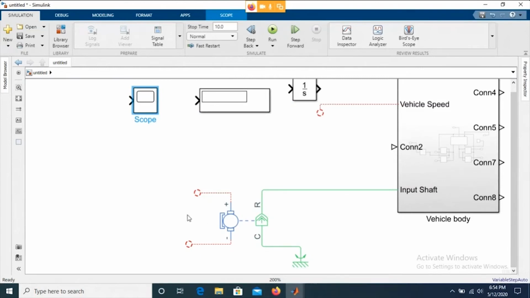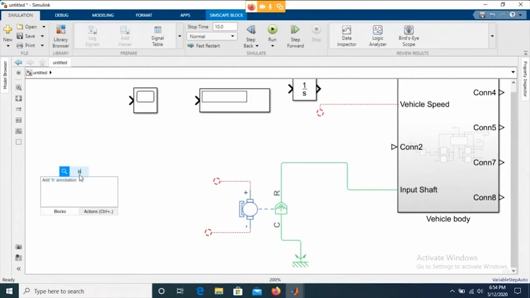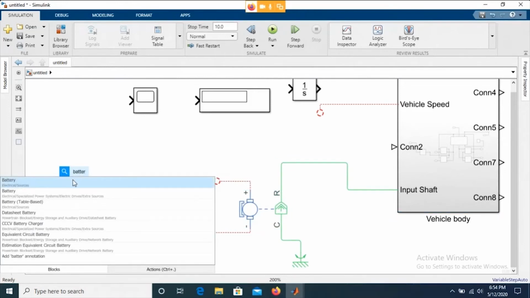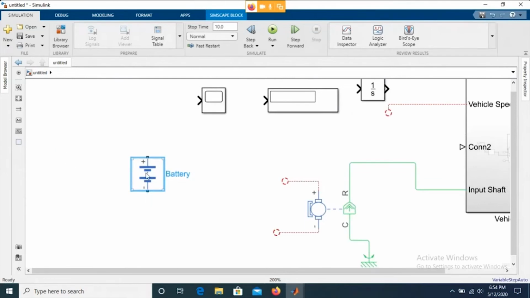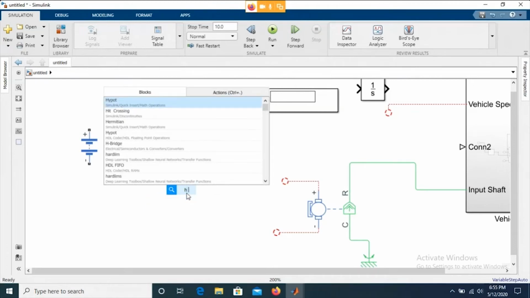vehicle, right? So let's say we have a DC motor. Now I need to control this DC motor, right? As we know, let's use a battery as well. So this is a battery, and this is the battery which is going to supply this DC motor, right? Now how will this DC motor be controlled? There are many DC motor controllers available, but I'm going to choose a DC motor controller which is suitable for this application, and we can basically use an H bridge, right? So let me use an H bridge.